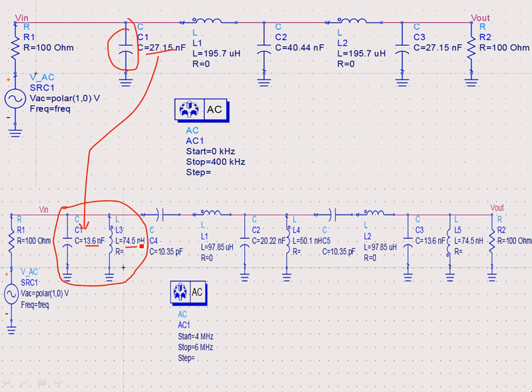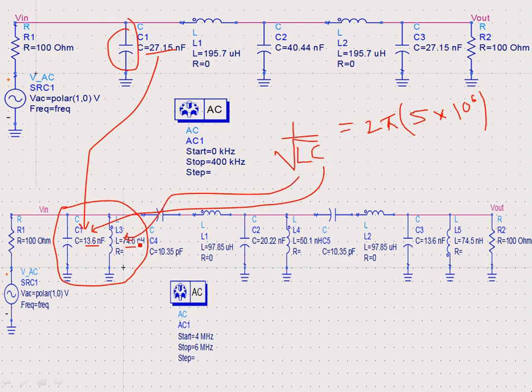Then what you do is to find the corresponding inductance which resonates at the center frequency of the bandpass filter. You just have to plug in the value. You use 1 over square root LC, which is equal to 2 pi into 5 megahertz, that is 5 into 10 to the power 6. You just substitute those values and you find the other corresponding reactive element. So the capacitance is 13.6 nanofarads. If you do the calculation, you will find the inductance comes out to be 74.5,